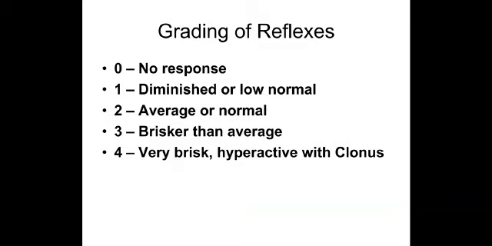As we said, we need to grade the reflexes. How do you grade them? If it is absent or there is no response, it is grade 0. Diminished but present, as in a normal ankle jerk, which we did at the tendo Achilles. We everted and rotated, stroked and saw the contraction of the calf muscle. Brisk, as in the knee jerk when the patellar tendon was struck, is average or normal. Grade 3 is brisker than brisk, that is hyperactive. And finally we have very brisk and hyperactive, which is clonus.